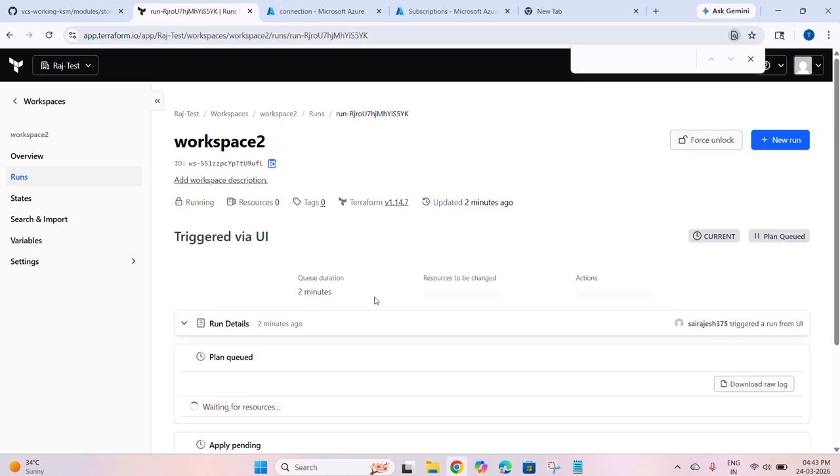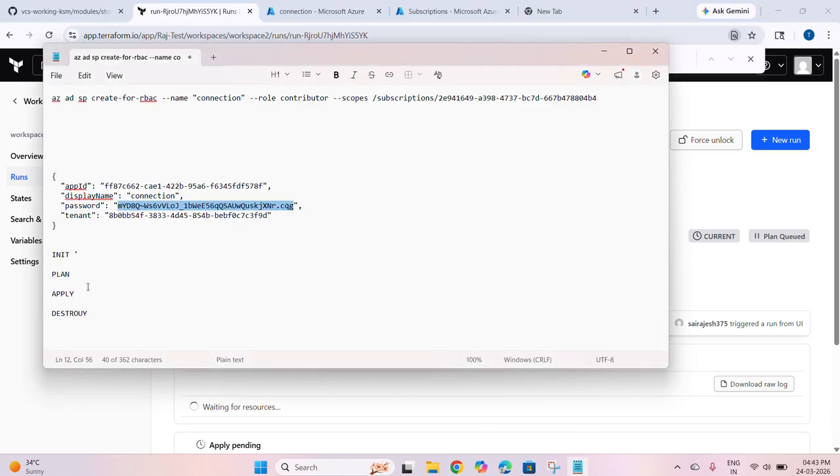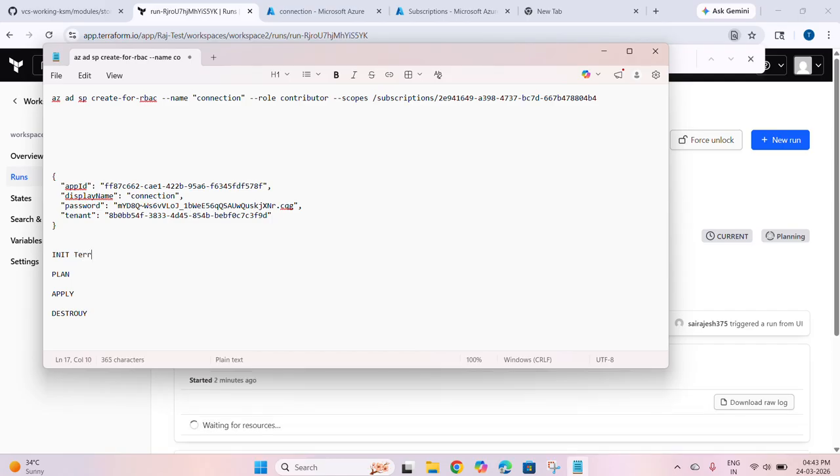So basically, what is happening here is there are four things I need to explain: init, plan, apply and destroy. So basically what will happen in Terraform init, right,